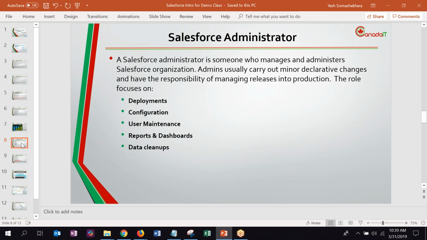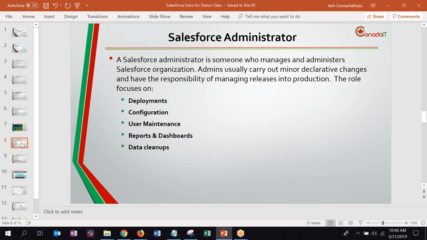Then user maintenance. So basically, the administrator is going to take care of adding users, removing users, or giving permissions so that people can access more data. Or if somebody is moving to another department, you're going to change that person's access so he sees only that department's data, not the other department's data. So basically, all these things. Okay. And in user maintenance, you'll also have to keep track of how many licenses there are. And if you need more licenses, then you let the company know that we're running out of licenses, we need to buy more, things like that.